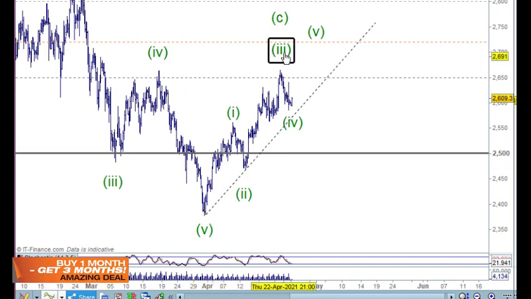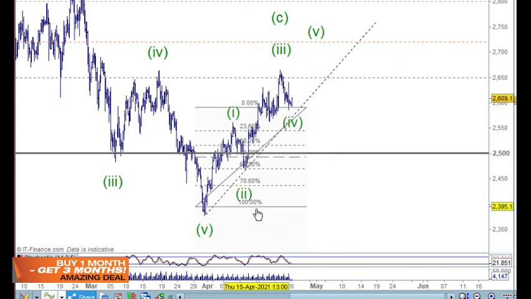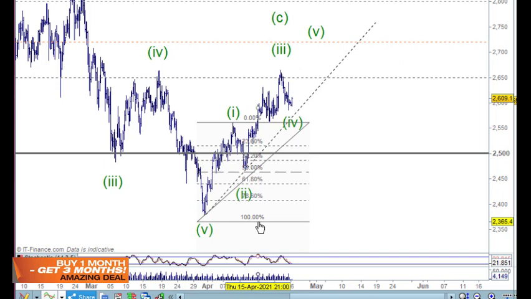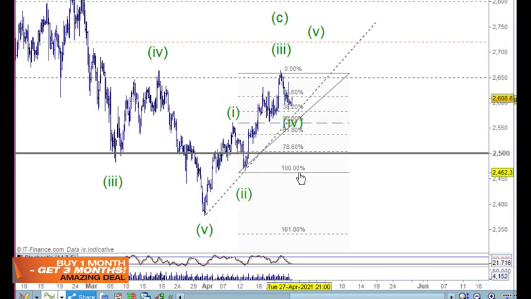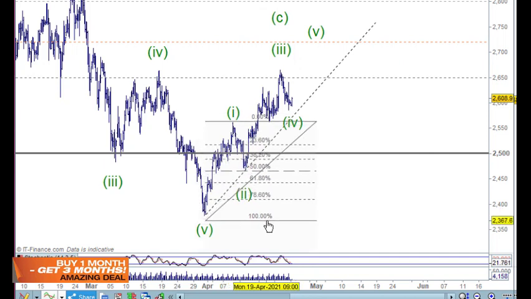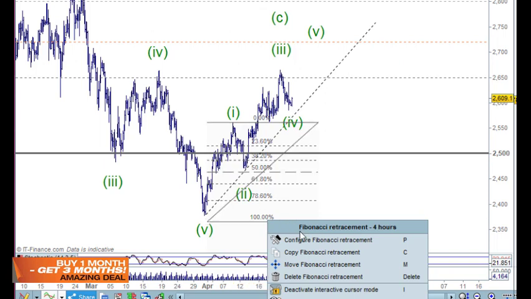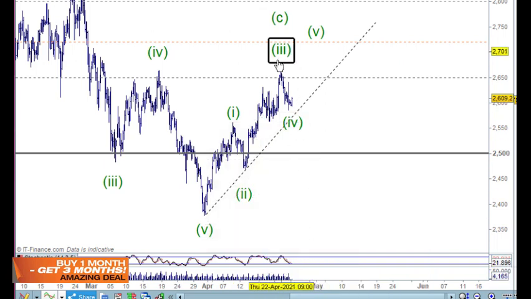How's that wave 3 going? Is it the length of that? How does that compare to wave 1 here? So we can see that wave 3 is a bit longer in this case than wave 1. Not much, but noticeable. So it's possible that we can label it wave 3 here, with wave 4 coming into